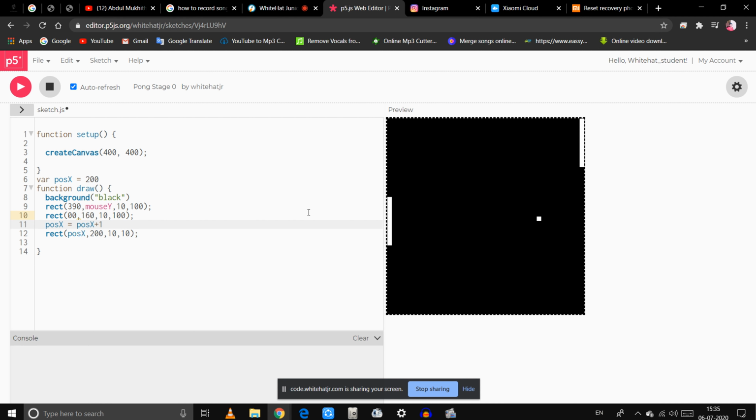Now tell me, if I want to move it diagonally, what will you do? Cos Y, ma'am. Yeah, cos y. Can you create the cos y variable yourself now? Show me how you will create it. At which number do we have to write, ma'am? You can write anywhere, but outside the draw function. Okay, ma'am. I'll write here. Press enter and write.